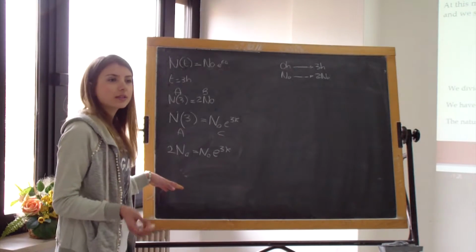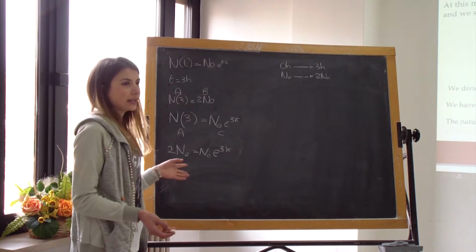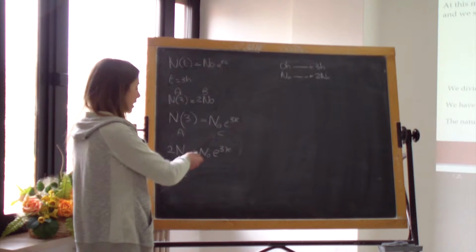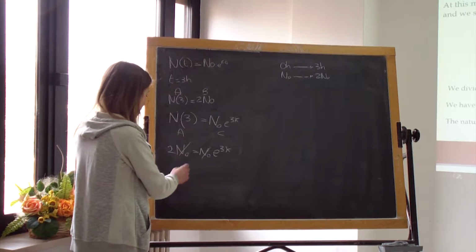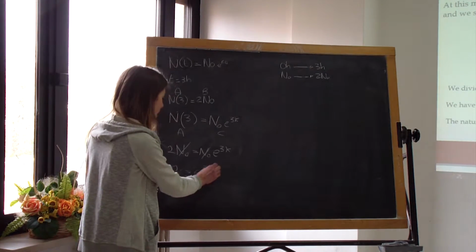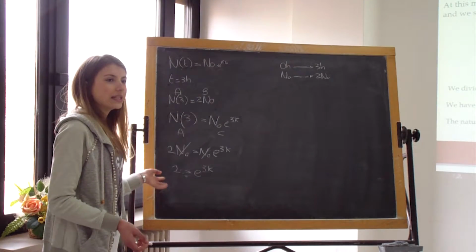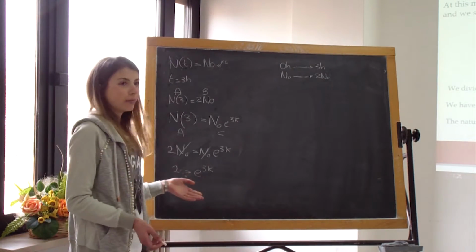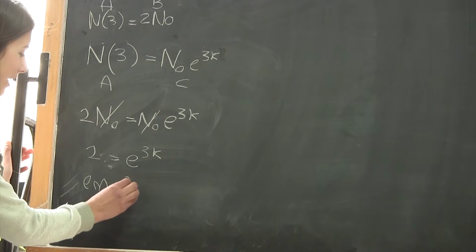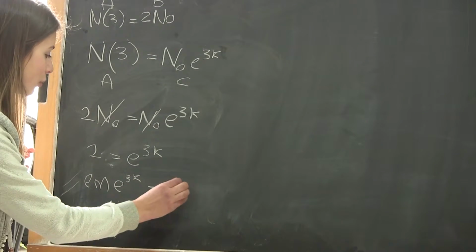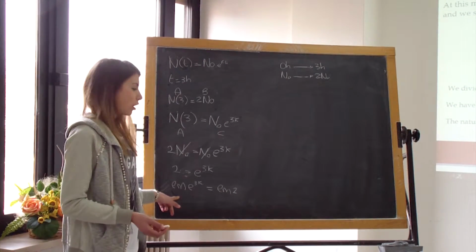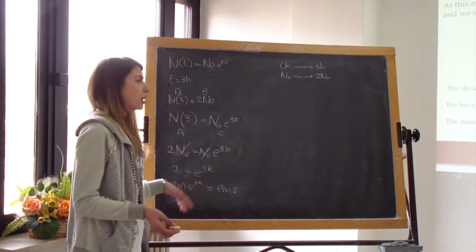N naught appears in both members, so we can divide them by N naught, and we eliminate it. We have so 2 is equal to e to 3 times k. Now we have to take the natural log of both members, so natural log of e to 3k is equal to natural log of 2. To resolve natural log of e to 3 times k,